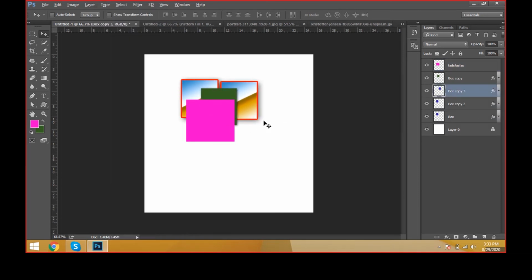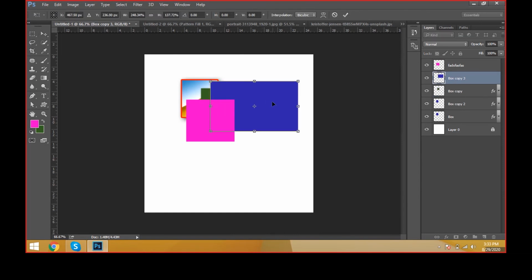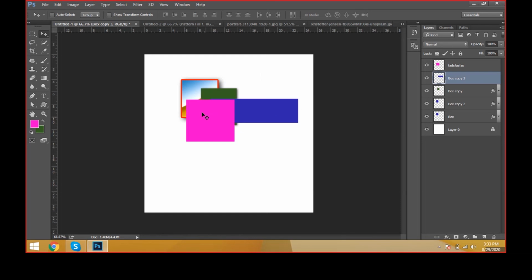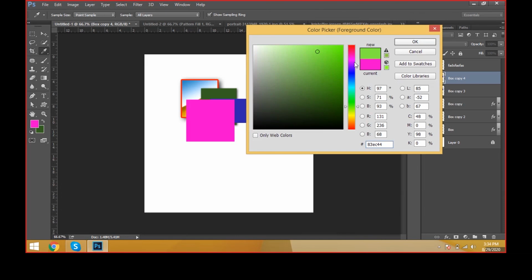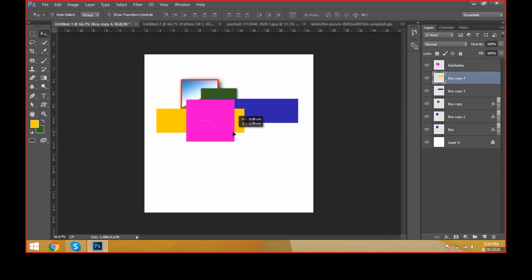I'm just taking one more layer, friends, here. Completely 4 layers we have. Again, I'm just taking one more layer here. And what is the top layer? That is purple. You can select the pink color of the purple, and I would like to send the object. I can send this layer at a time to below the box. How many layers do we have? 1, 2, 3, 4, 5, 6 layers we have.